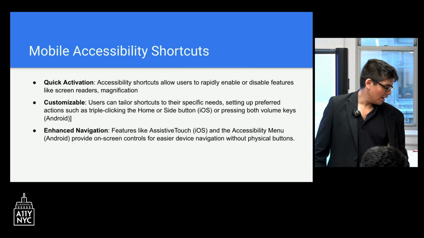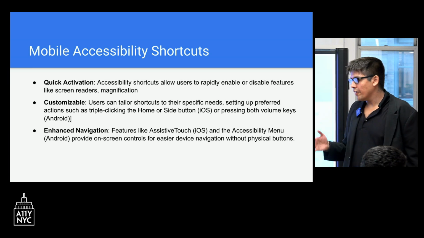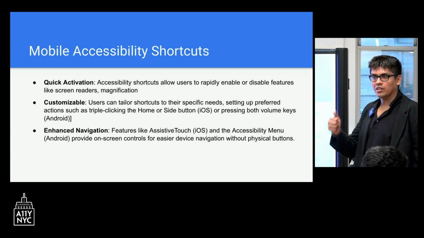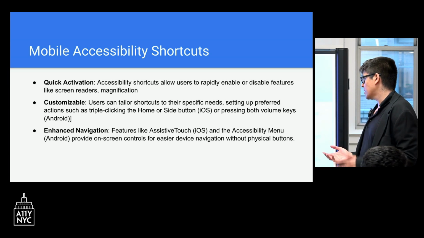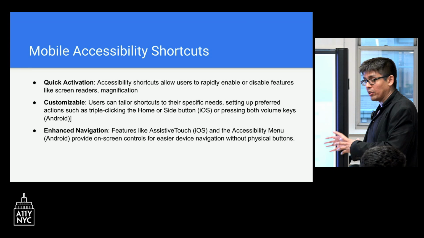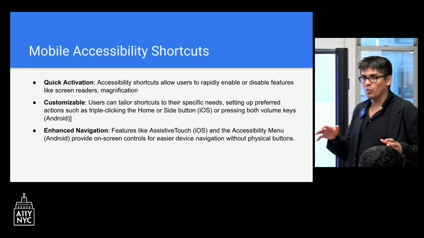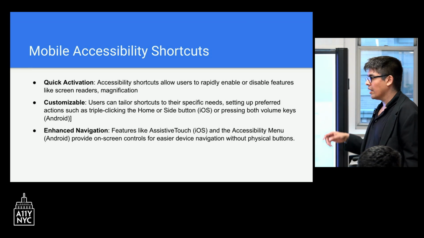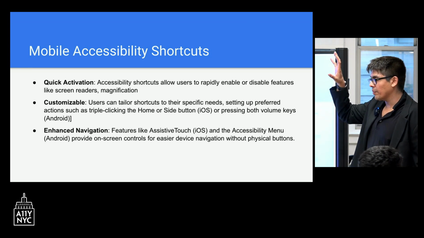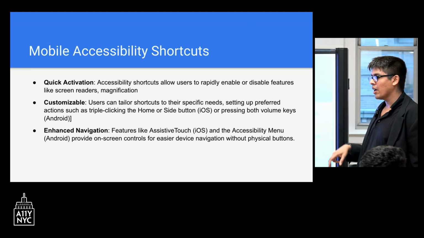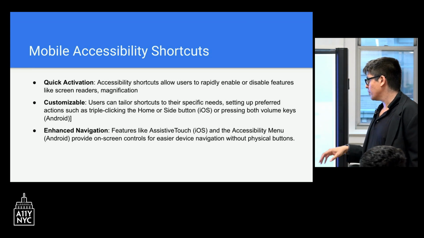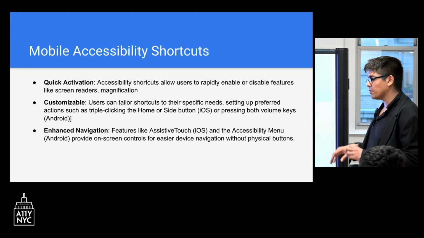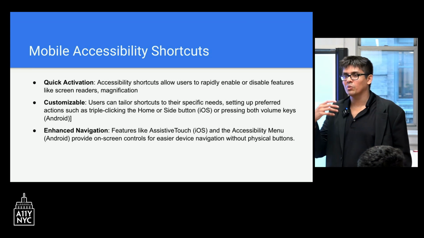And then there are lots of different advanced features like assistive touch. Is anybody familiar with assistive touch? Great. There are several Android variants of assistive touch. These are ways that you can use an accessibility button without necessarily having to navigate through the hardware button. Again, it's a software menu where you can see options like go to home screen, go back. So there are physical options, and then there are software options, which makes the whole world of accessibility a lot more accessible to people.